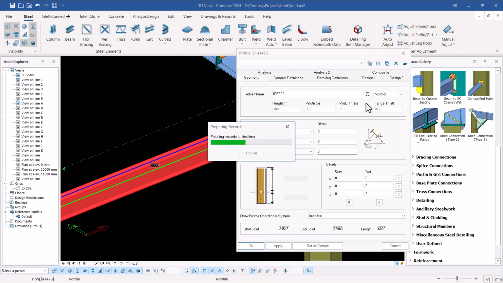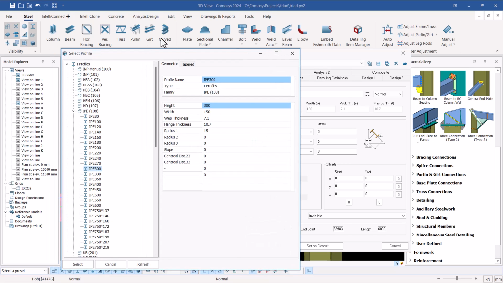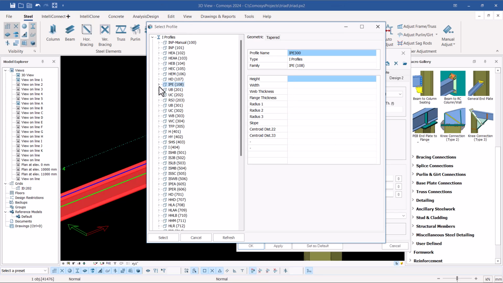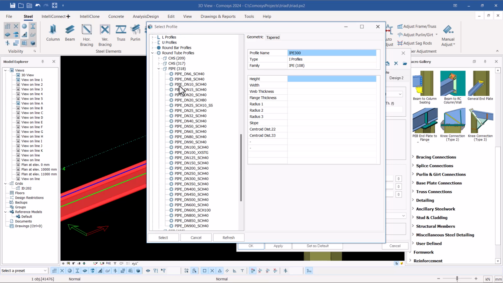So this will take me to a huge steel family or catalog that I'll be able to pick that particular tube profile. So let's just give some time to load all the details or all the catalogs here. So let me minimize that by clicking on that drop down arrow. So if I scroll down and come to round tubes or round profiles, I'm going to click on that drop down arrow and I'll have a huge family of tubes. So I want to come to pipe and click on the pipe,